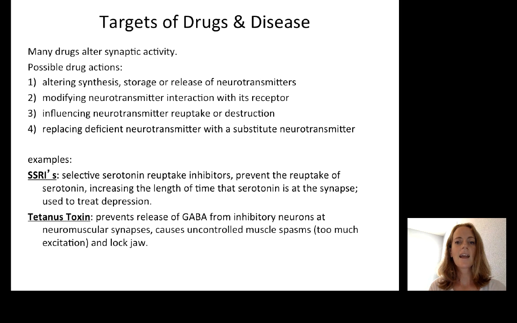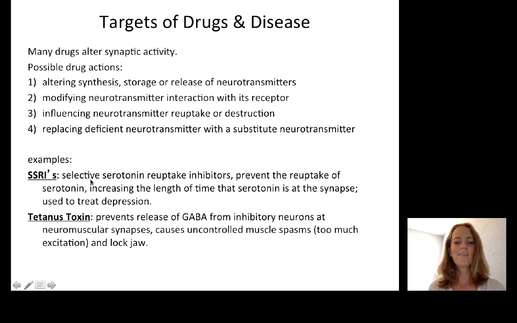There are drugs that can change the interaction of the neurotransmitter with the receptor, make it more or less. There are drugs that can influence the reuptake or destruction of neurotransmitter to make its effect last longer or make it stronger. And we can also have drugs that replace deficient neurotransmitter based on some clinical conditions with a substitute neurotransmitter. So 2 examples: serotonin reuptake inhibitors, or